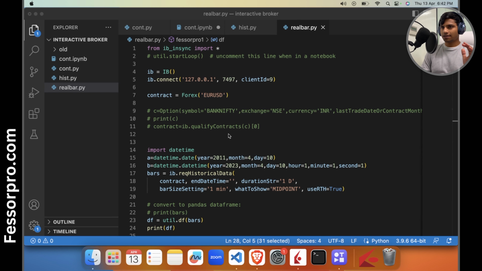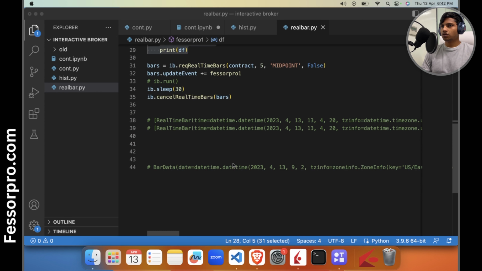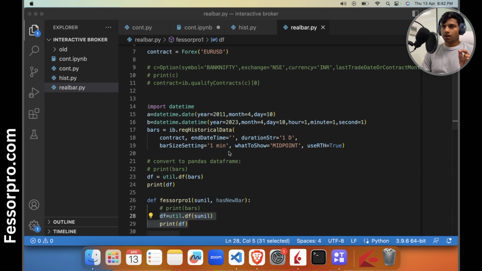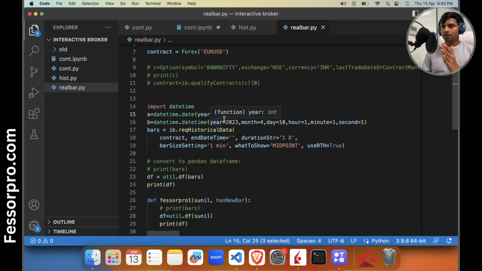Before moving to the next class, let's see a few more things about both of these: the request historical data function, not function, the class, and the request real-time bar class. Now about the request historical data function, in this we were specifying the end date time as an empty string. What if I specify a particular date? Like maybe I'll specify 2011. If I specify 2011 and write here 100 day, then from that day till 100 days back,